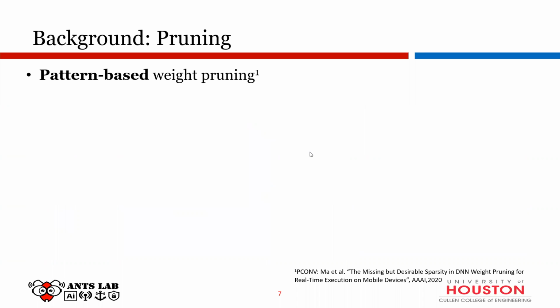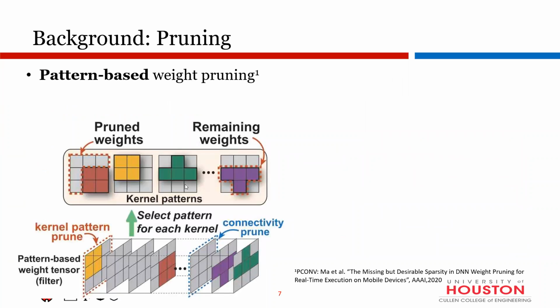So the reason the new method, called pattern-based weight pruning, actually is to solve the drawbacks of the previous two methods. What they do is introduce kernel patterns as the new pruning strategy. So the kernel in each filter, you can prune based on this predetermined pattern library. And to do that, the benefit